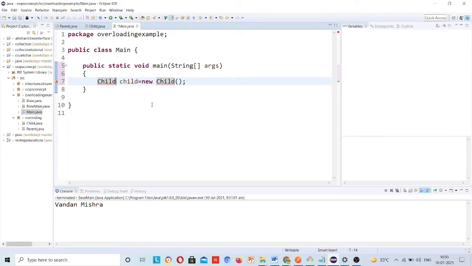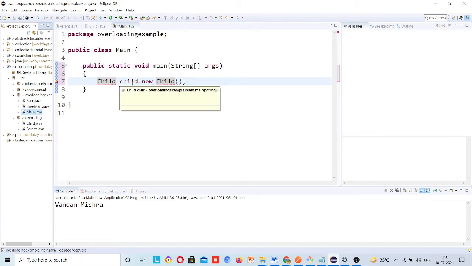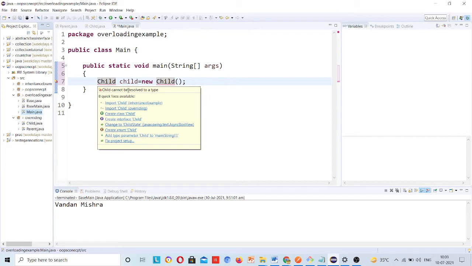Just make this, because that is in a different package, this is why the error is coming. Let's understand what's happening here. You see the cursor over here, cannot resolve to a type, and it is saying, to fix this, import Child inheritance example in this package.